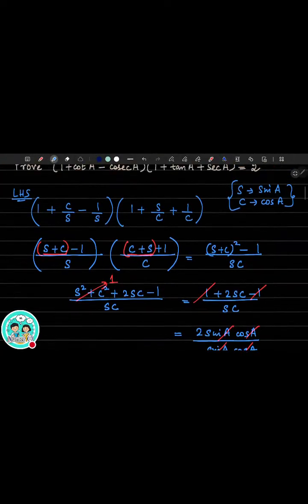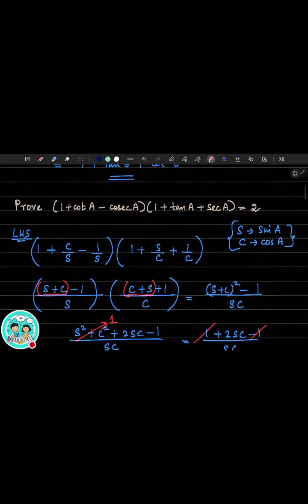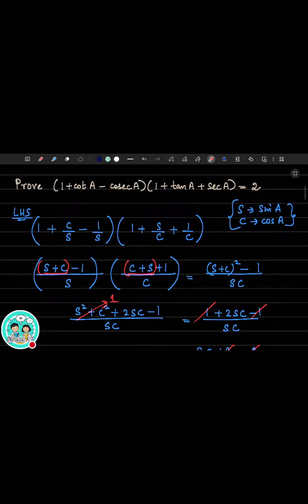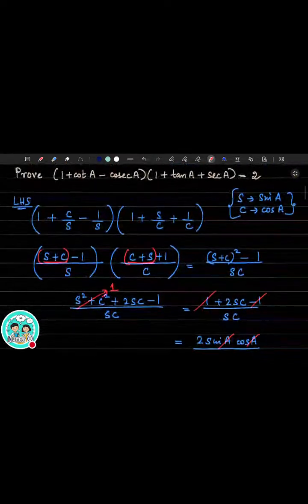Okay, so very easy. Here you did not even use any of these identities. It is very simple. All you have to do is convert each of these trigonometric ratios, cot, cosecant, tan and secant, into sine and cos. In most of the problems this is what we usually do, convert everything into sine and cos, and that's the easiest way to go about it while taking the LCM. And in this particular step, identifying that it's of the form (a minus b) into (a plus b) is the trick. Let me know once you have completed, and then we'll